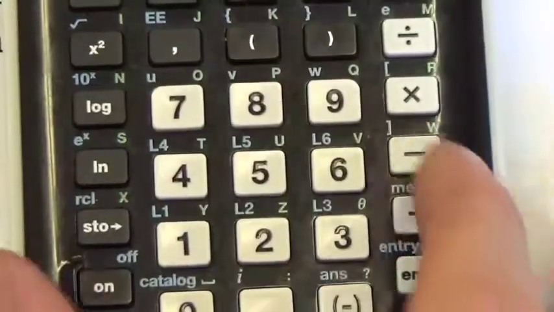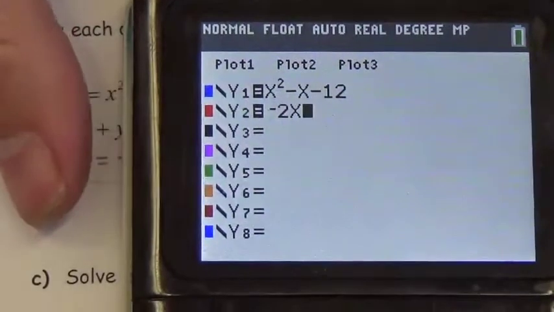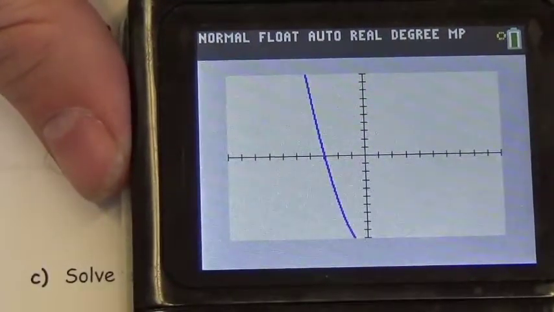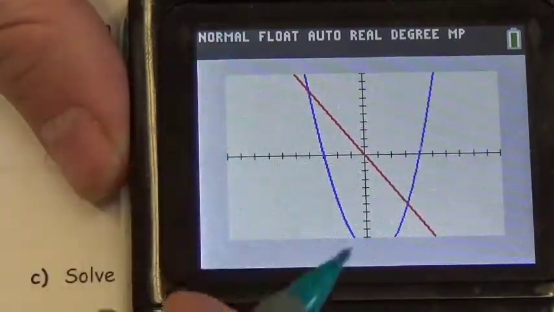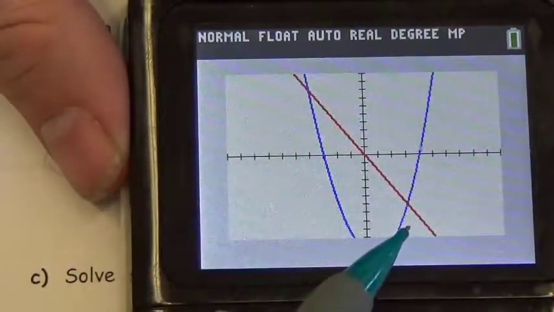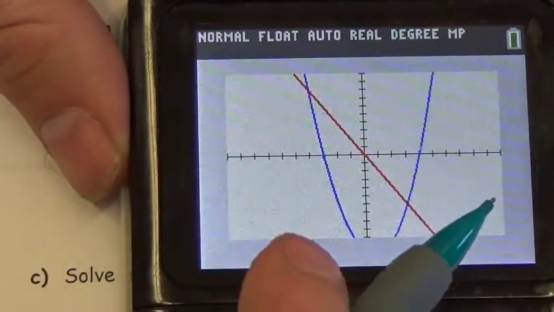It's this button, not the subtraction button. Now I'm going to graph that. There's my first one, and there we go. The maximum number of times that a straight line can intersect a parabola is 2. I can see both of those points of intersection on the screen,